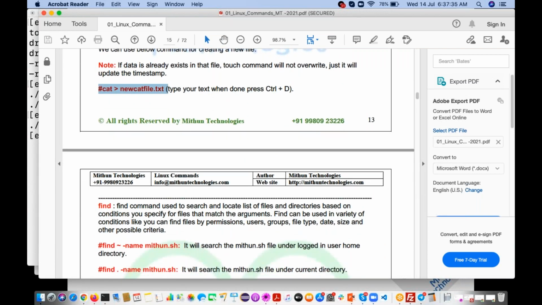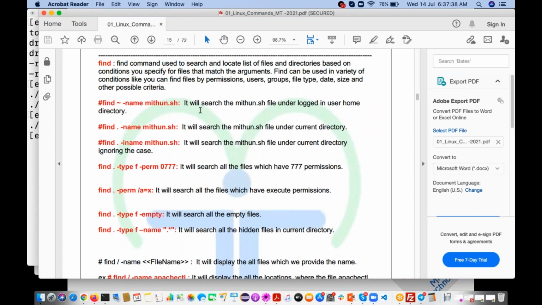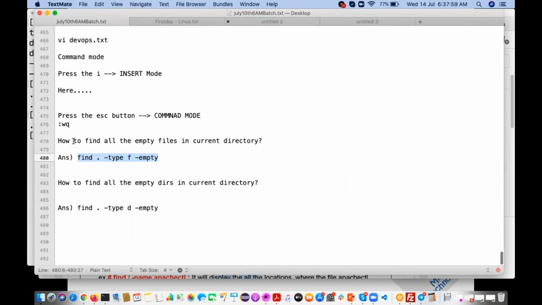See here, if you want to search with the file name, mithun.sh, we are going to use the hyphen name. Here I am searching in the user's home directory, that's why we are specifying that tilde symbol. So guys, if you want to search all the empty files in the entire server file system instead of the current directory,